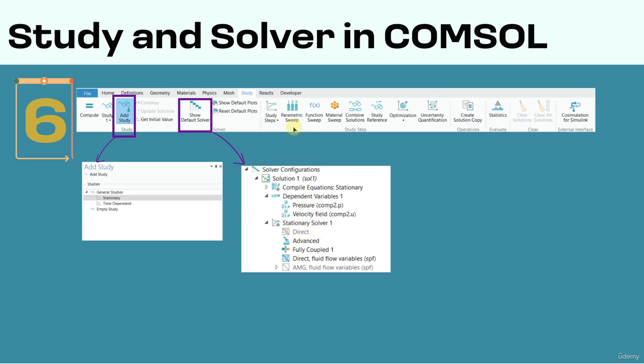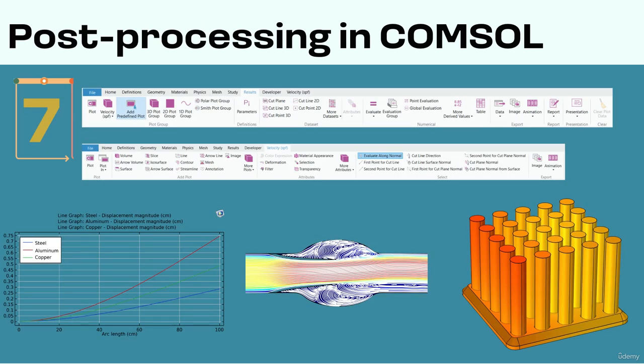Also, you have the option to apply the parametric sweep, which you will learn in phase 6 of this course. You can also apply the material sweep as well. And you can select this optimization option to apply optimization to your system. After selecting the appropriate study and solver configuration, the next and final step in the COMSOL modeling workflow is